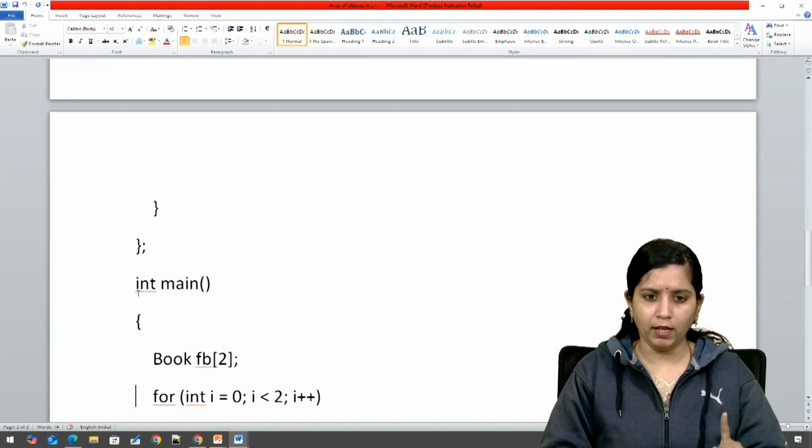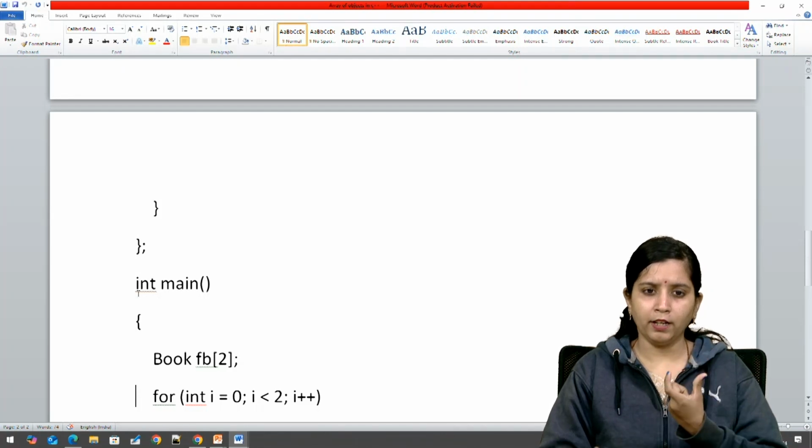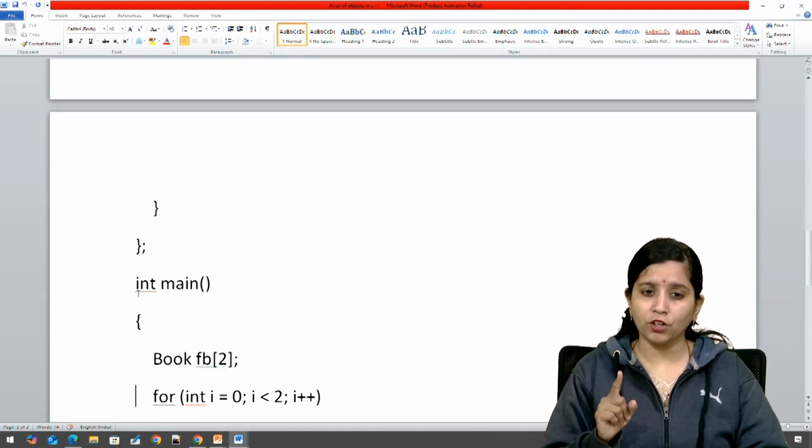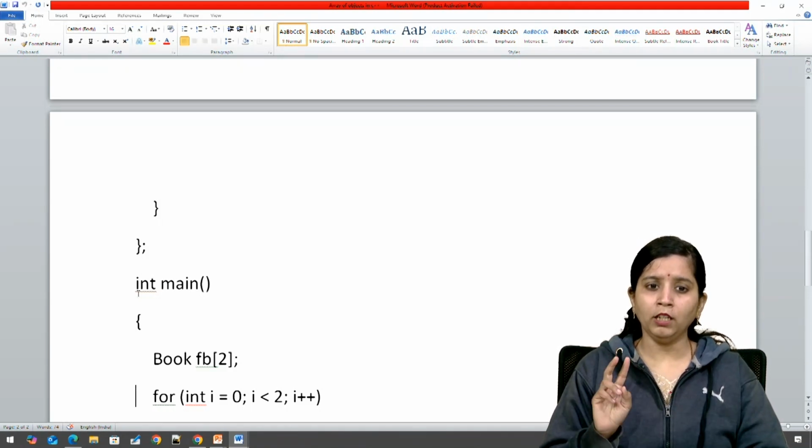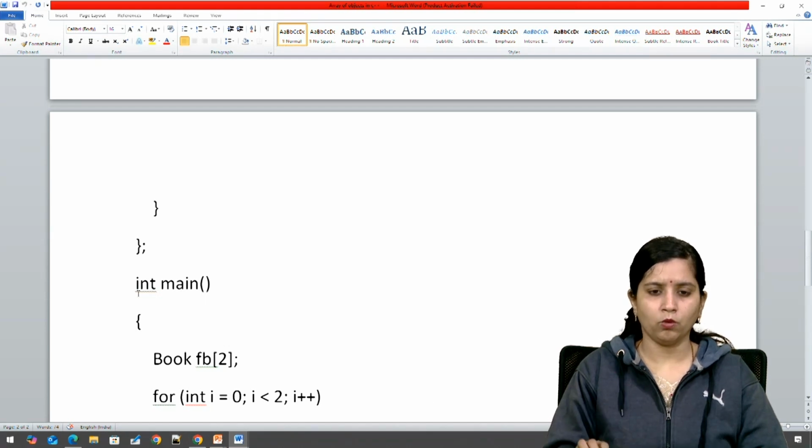So in int main, I have created fb[2]. Over here I have initialized the book object array with size 2.